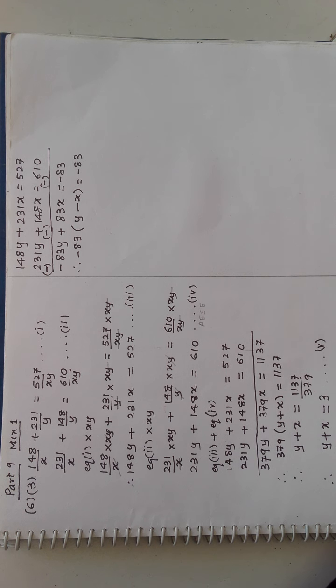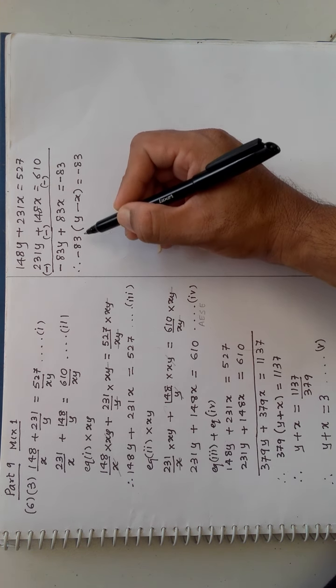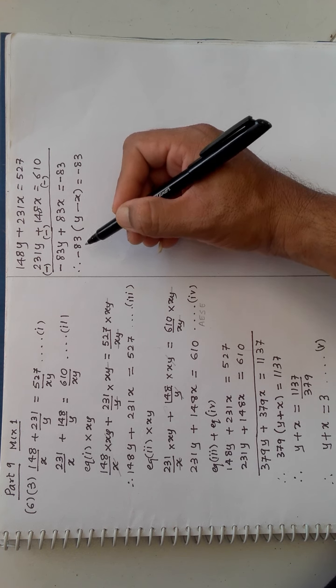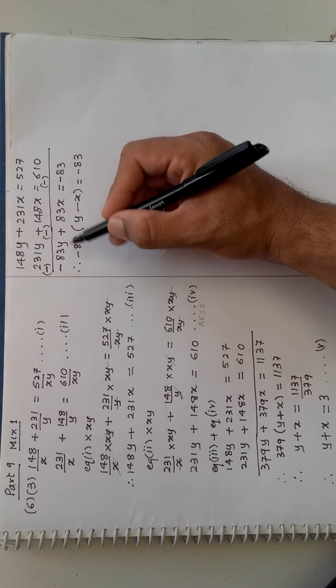We are doing it only for our convenience. So minus 83 I will transfer to the right side. So I will break it and bring it. If I ask you right now, 90% of you will say that it is going to become plus. But no, my dear. Between 83 and the bracket there is multiplication, so it will break that bond and transfer there.